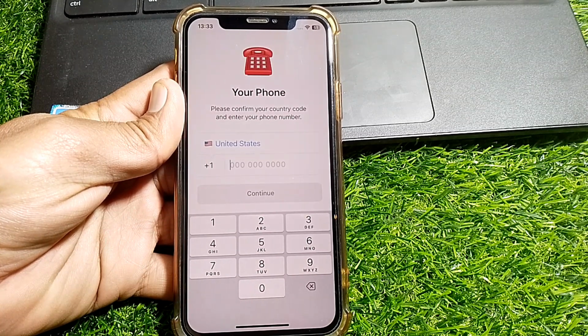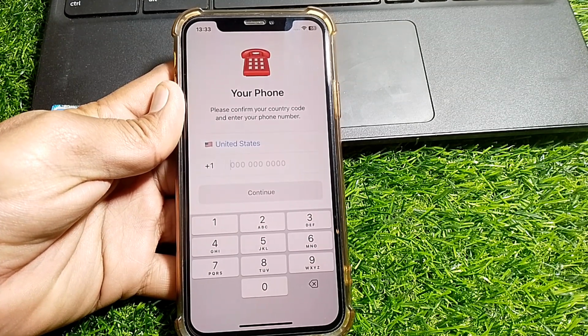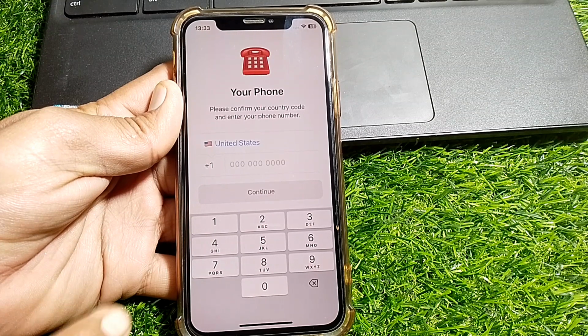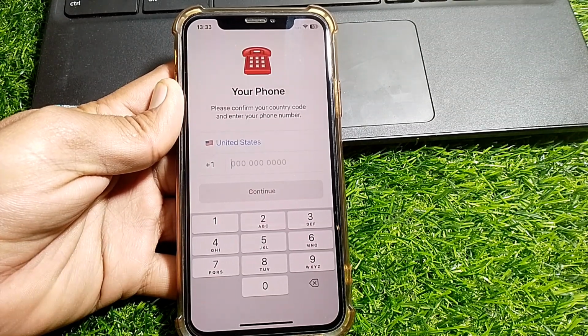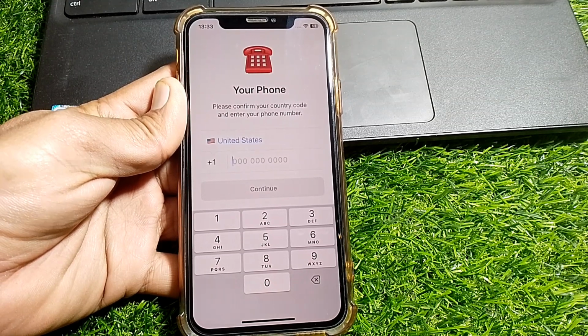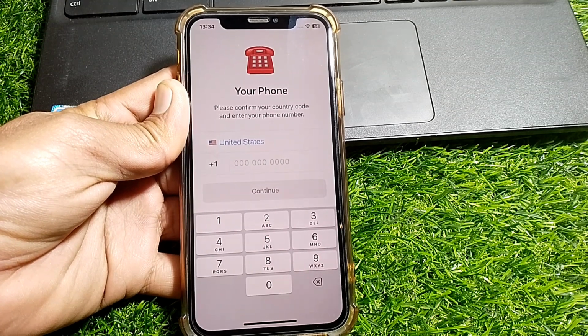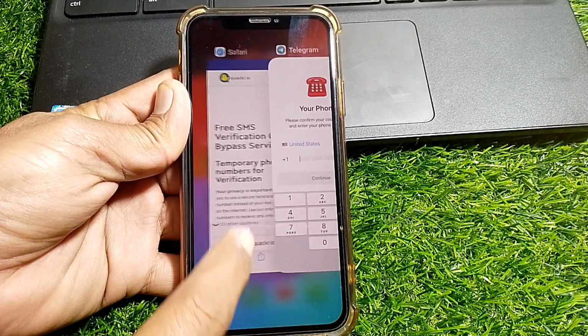But if you want to use Telegram without any phone number, then it's not possible for you, because when you open Telegram, on the first page you can see it asking you to confirm your phone number with your country code. So guys, if you don't want to give your phone number and try to use Telegram, then you can do it very easily. For that you have to search for